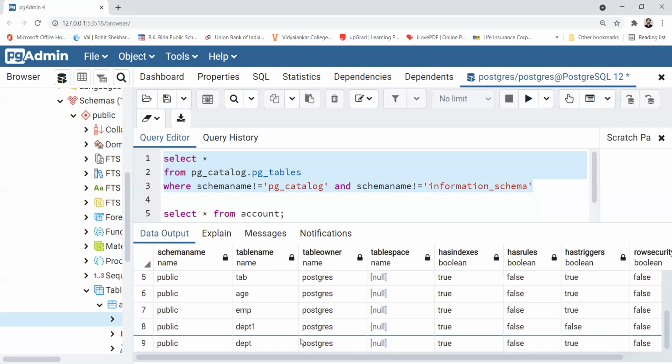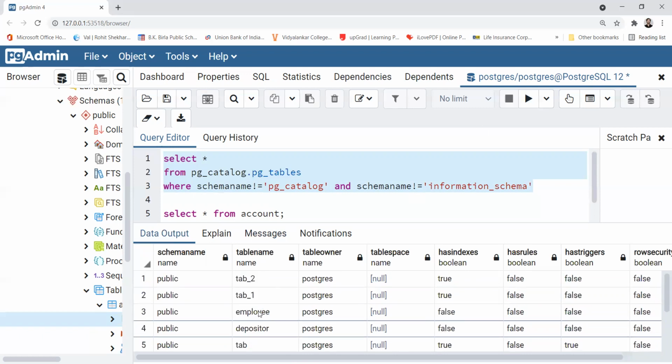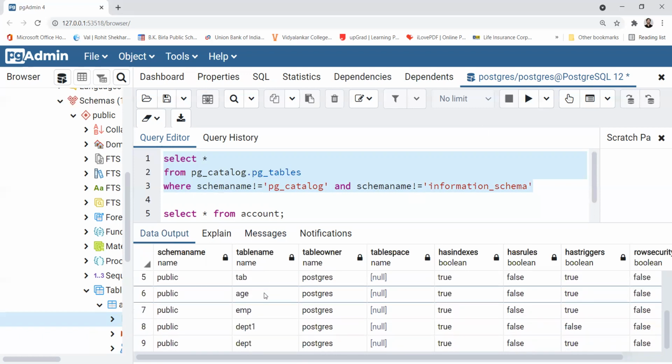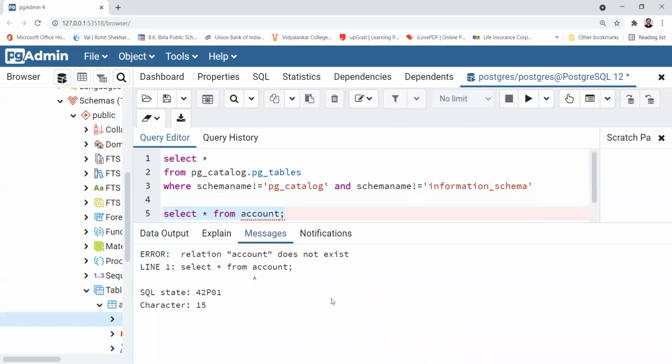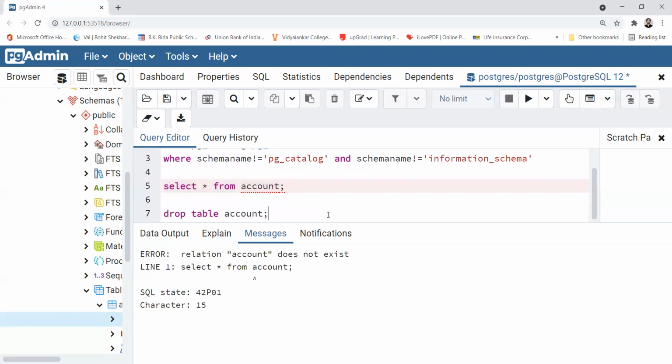So surely one table is deleted, and you can observe the account table is not seen here. That means we have dropped the account table. So if we try to execute select star from account, we should not be able to see any record. Let's see, you can see relation account does not exist. As we have already dropped it, this does not exist, right?